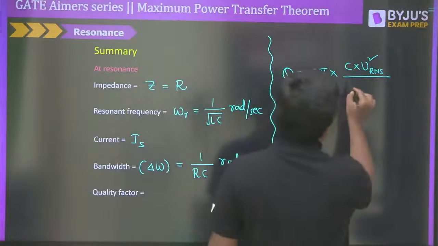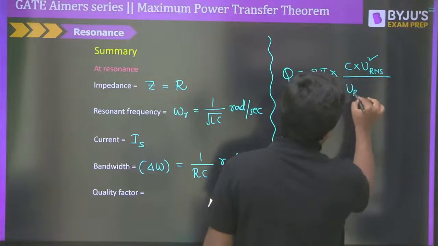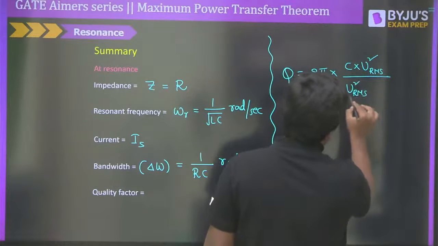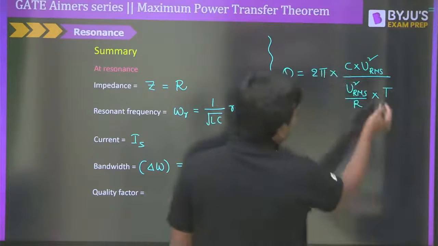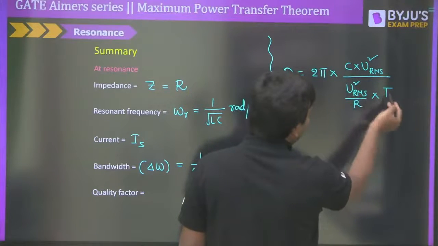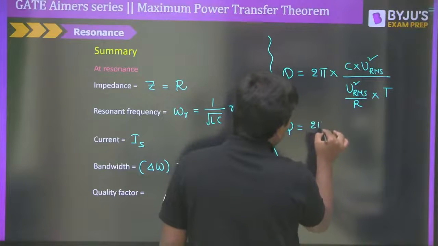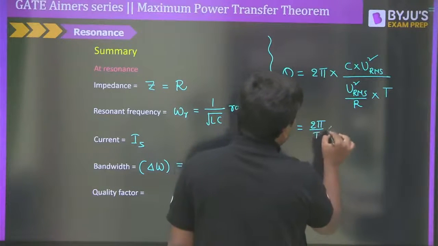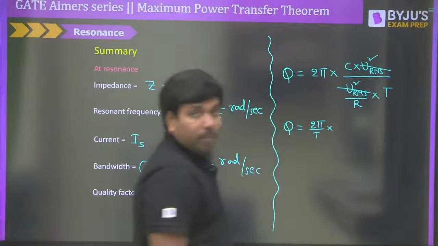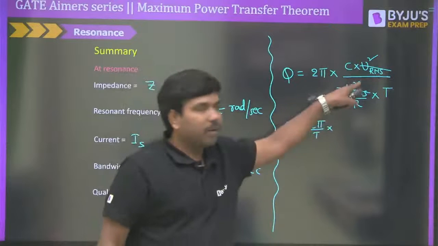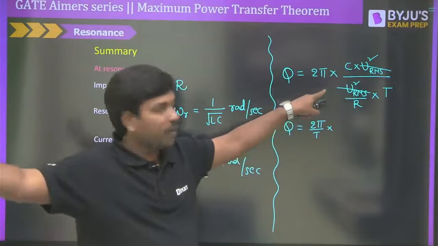Now here we are going to have energy dissipated across the resistor. That could be written as Vrms square divided by R. Of course, it should be multiplied by time. Then only you are going to get power into time, that is nothing but energy. So moving ahead, we can say 2 pi by T into Vrms square, and Vrms will get cancelled, because in a parallel RLC circuit, voltage remains the same across the resistor, the capacitor and the inductor.